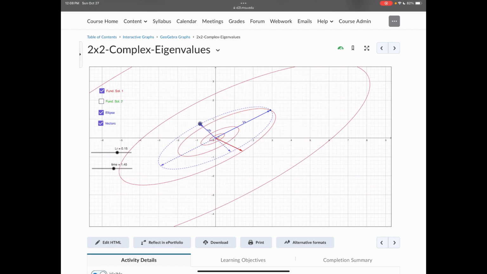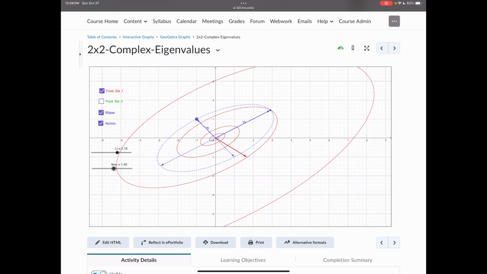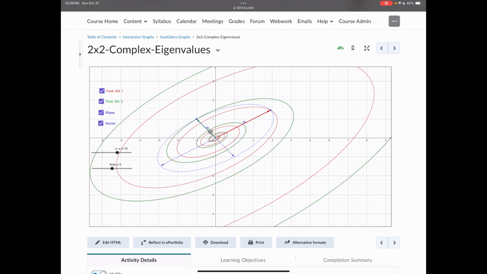The other thing is what happens with the second solution. The other fundamental solution. This is one of the solutions, the fundamental solution. What happened with the other? Well, it's right here in a different color, and let's take that away. It's very similar behavior to the first fundamental solution. The only thing is we cross the ellipse at b here. In the first fundamental solution, we cross the ellipse at a, and here we cross it at b, and then